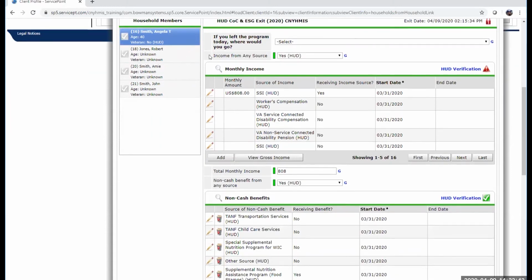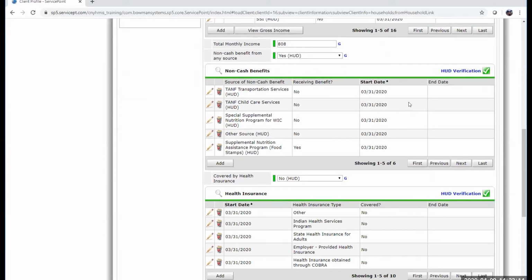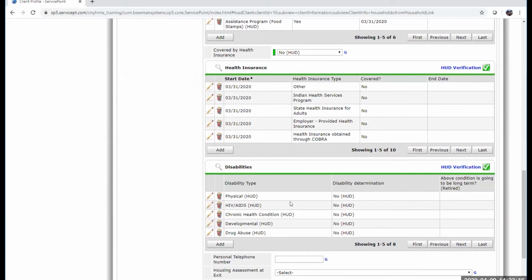For income, we're going to change the income if they have different income amounts than the last time that we assessed them, whether that was during their annual assessment or during their update when they moved into their housing unit, or if it was at intake, if we didn't have any of those interim assessments. Then we would change that. I'd recommend checking out our video on updating income sources if you don't know how to do that. You're also going to update non-cash benefits, health insurance, and disabilities on the exit assessment if those have changed since the last time you